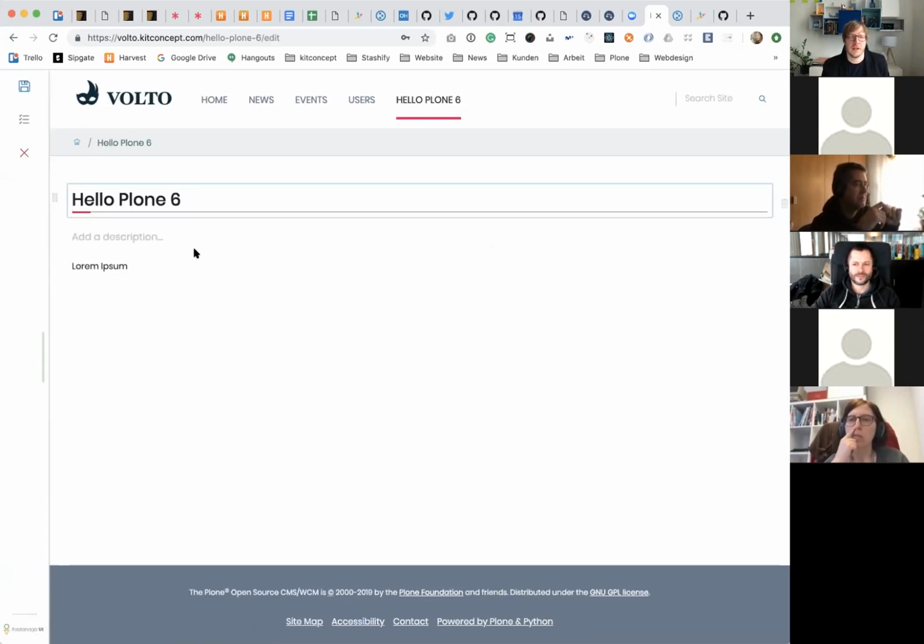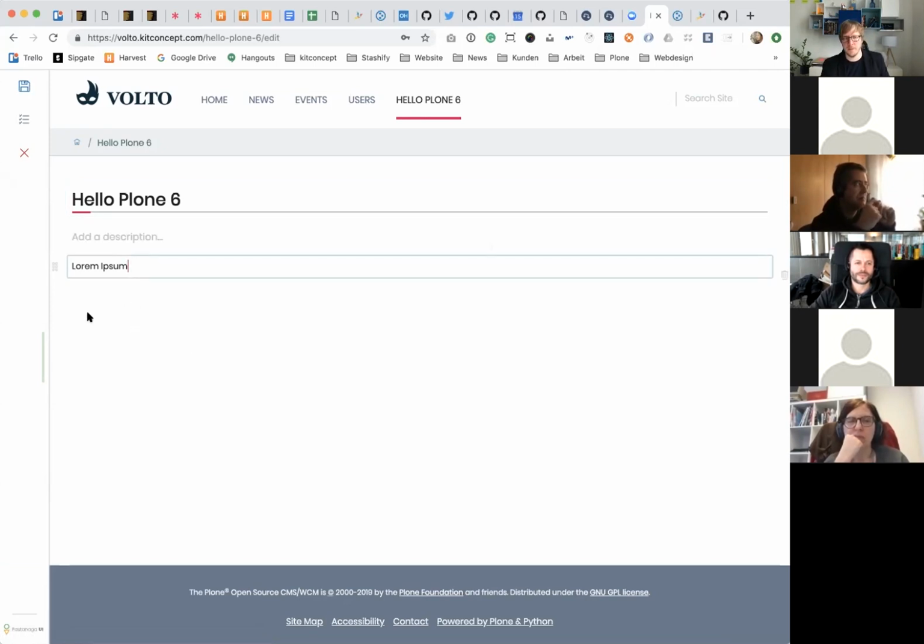Yeah, that's actually something we haven't implemented yet. He imagined here on the bottom a field where you could actually publish things. So he wanted to integrate that more into the natural flow of content editing. And I think this was his idea. The great thing about Volto is that we can try out things, right?